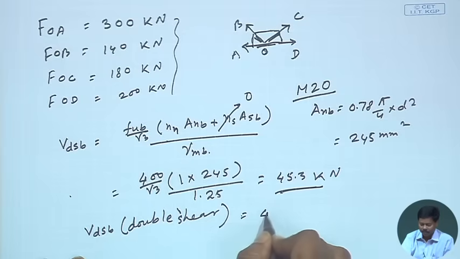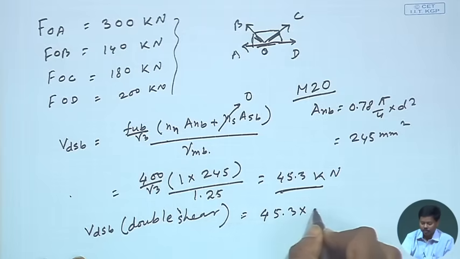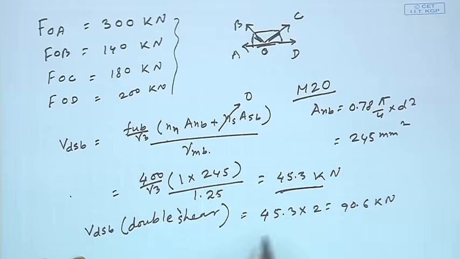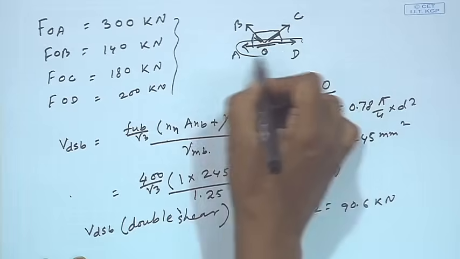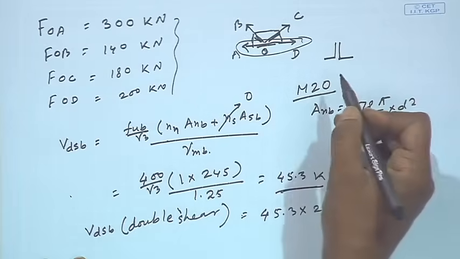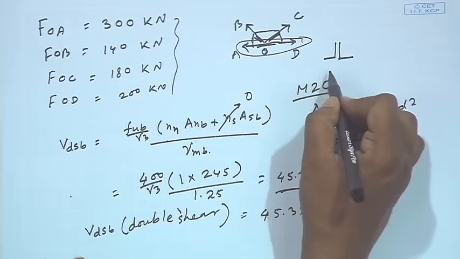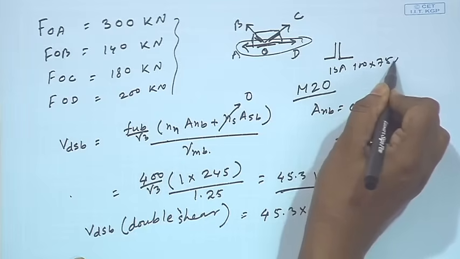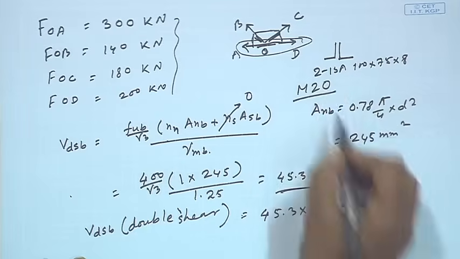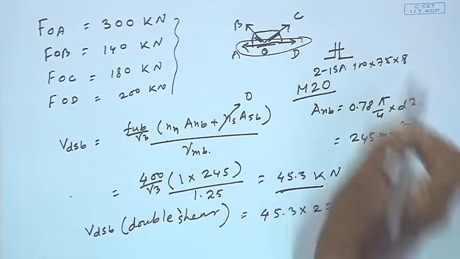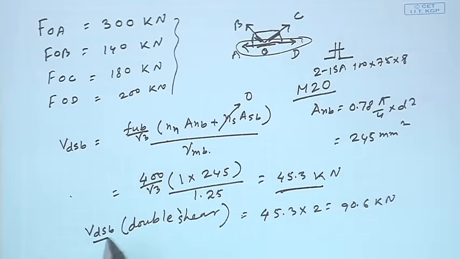So, that will be 45.3 into 2, 90.6 kilonewton, because if you remember, member AD was made of two angle sections back to back, 2 ISA 100 by 75 by 8. As it is double shear, the VDSB value will be twice of the single shear, that is 90.6